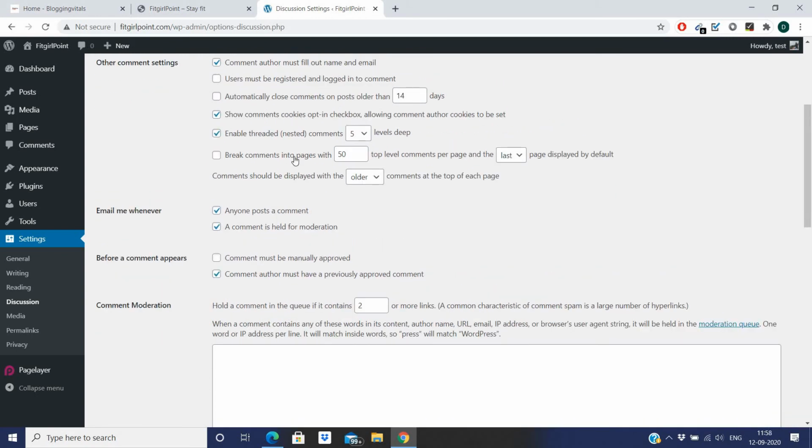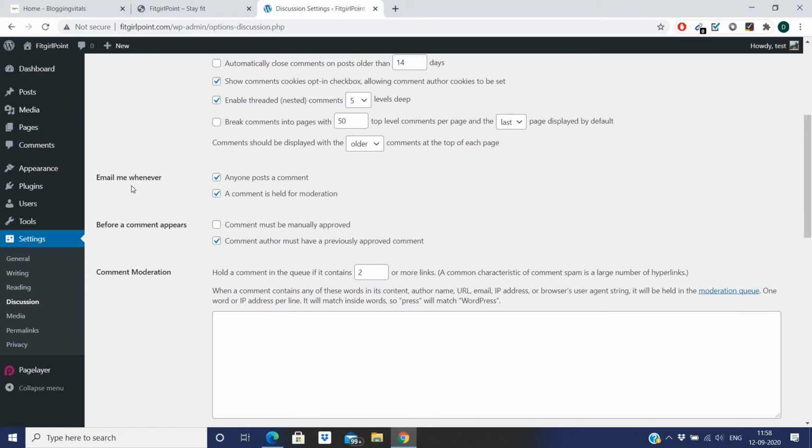And then there are some other important options, like break comments into pages. If you have lots of comments and you want to break them into pages, you can enable this option, otherwise keep it disabled.